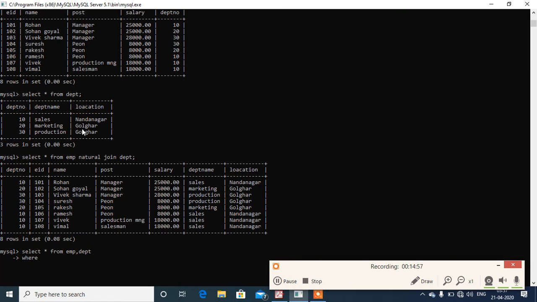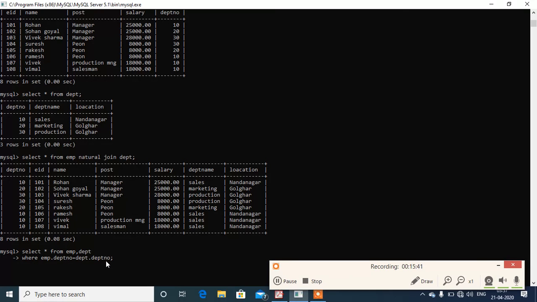So I am writing where EMP.dept number is equal to DEPT.dept number. Understand our intention in Hindi: select asterisk from EMP comma DEPT means we are telling our database, हे database महोदय, हमें emp टेबल से और डेप्थ टेबल से एस्ट्रिक मतलब सब कुछ डिस्प्ले कीजिए जहाँ पर emp टेबल का डिपार्टमेंट नंबर मैच कर जाए डिपार्टमेंट टेबल के डिपार्टमेंट नंबर से.